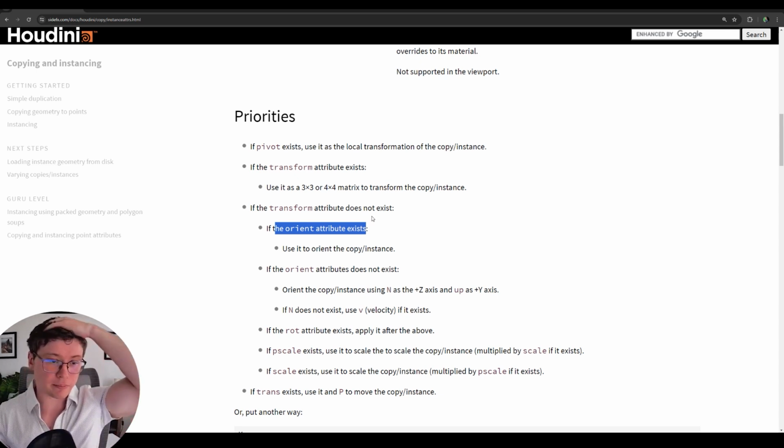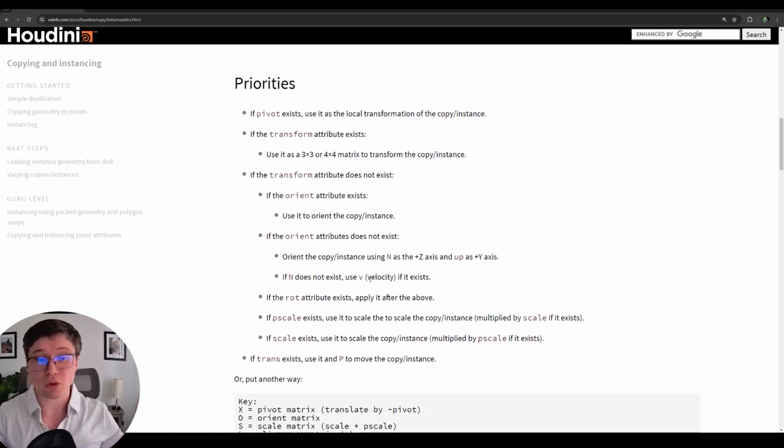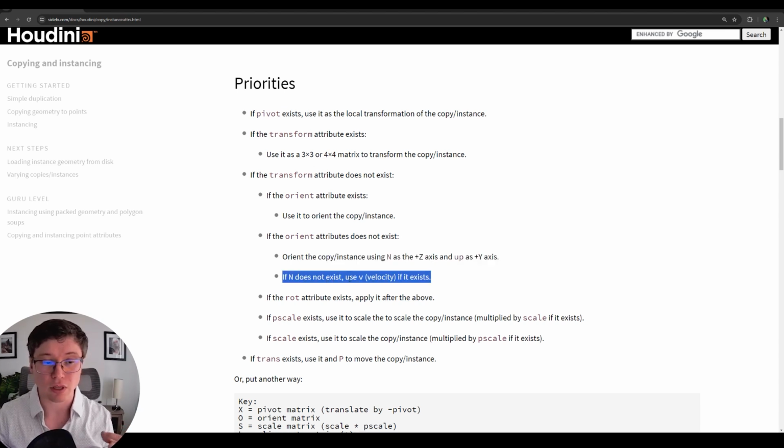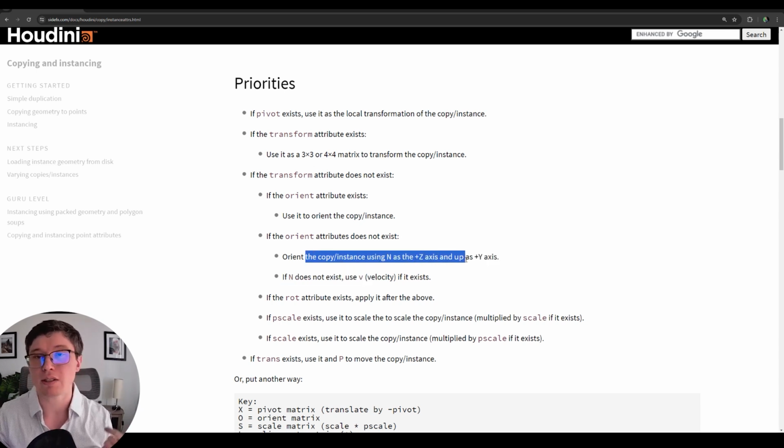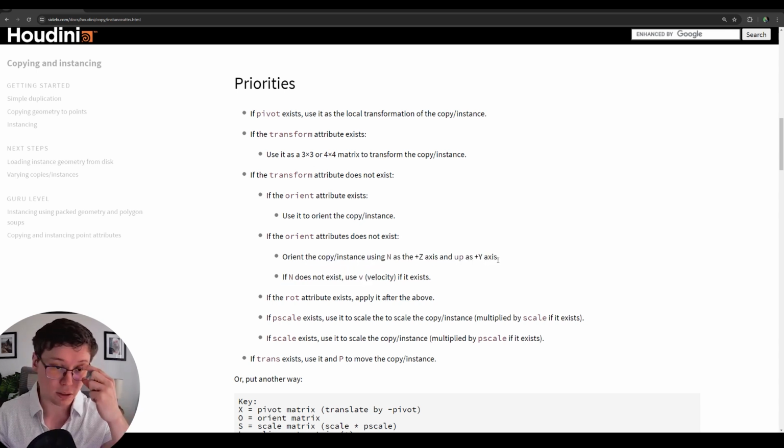And if you don't have an orient attribute within your point, you basically have another solution, which is to drive the orientation based on the normal direction and also the up vector as well. So it's telling us using N as the z-axis and up as the y-axis. So we'll see how we can use that.